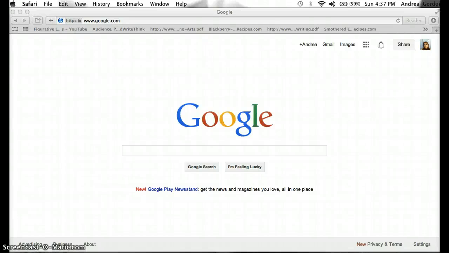All right, today I'm here to walk you through Google Advanced Search. Now, I use this tool with my middle school students, but you can use it for any age level of students. It's a great tool to use when minimizing or narrowing down the choices when you do a Google search